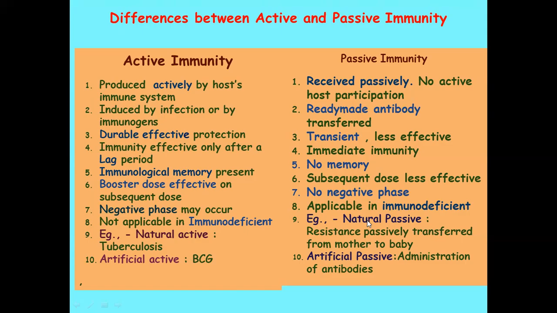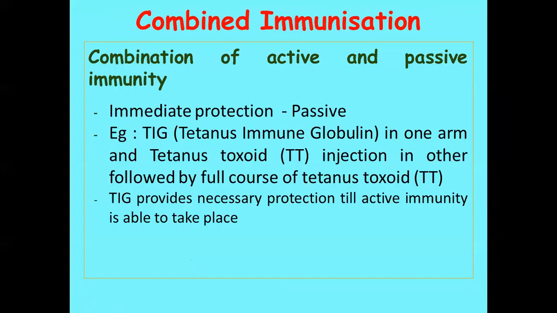That is why in emergency cases we can't go with active immunity; we have to go with passive immunity. And it is applicable in immunodeficient individuals. For example, natural passive: resistance passively transferred from mother to baby, or artificial passive: administration of collected antibody either through immune serum or convalescent serum. And nowadays we are following combined immunization, which is the one